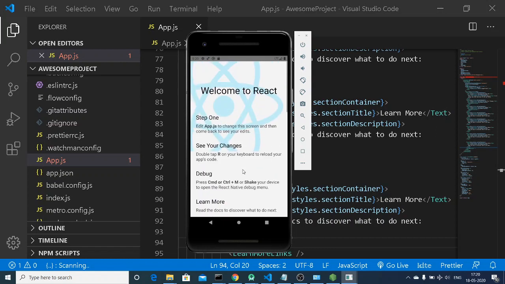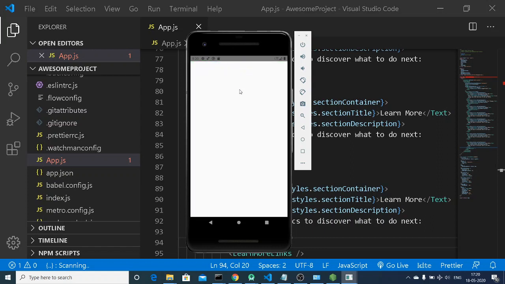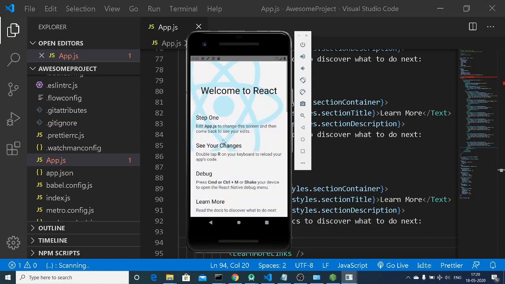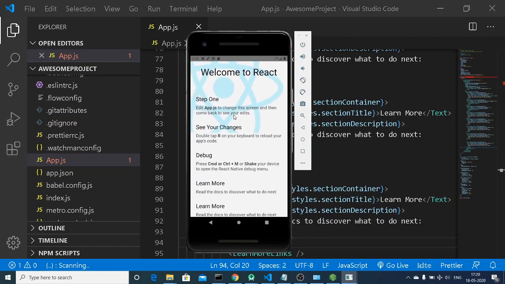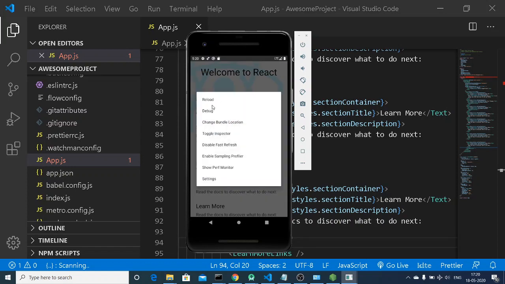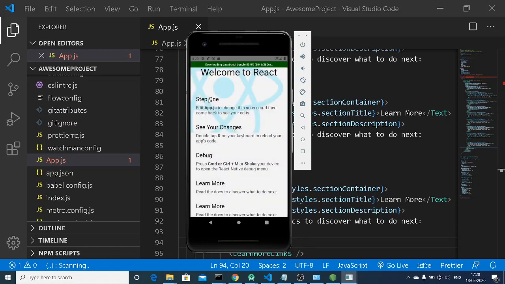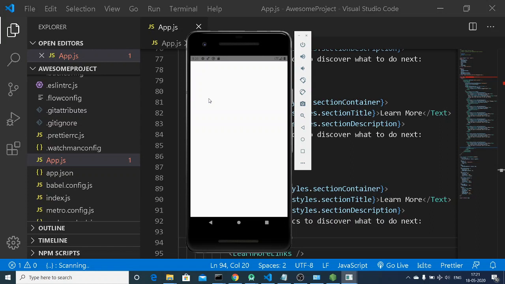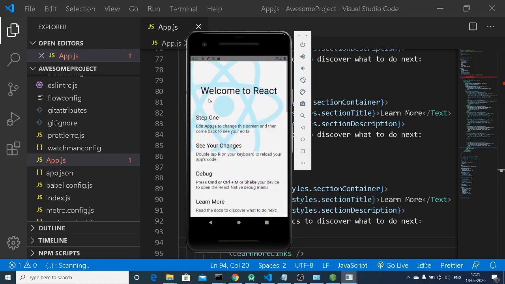And the next option, in order to reload the application, you can either press R 2 times on your keyboard here. That way also it will reload. You can see that. Either you can press Control M to fetch the screen here, which will come here, reload, or either you can press the R key on your keyboard 2 times. So this also reloads the application for you instantly.